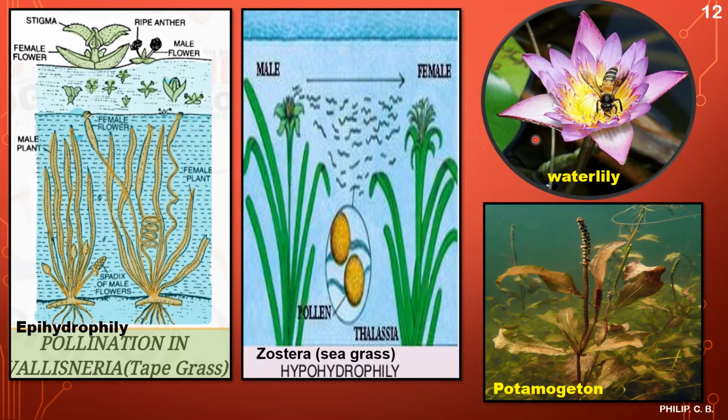Now here two more images are added. One is the water lily. We can see the water lily pollinating by insects. So as we just read, some aquatic plants are entomophilous, for example the water lily. Whereas Potamogeton, you can see how the appearance underwater looks, which takes place by wind, so other than entomophilous, by anemophilous.